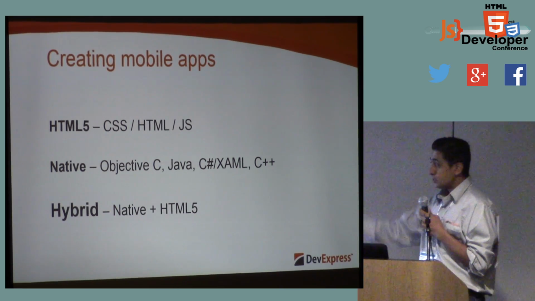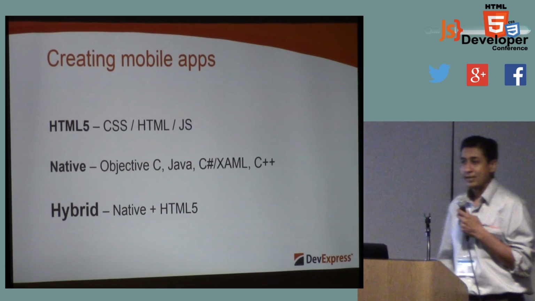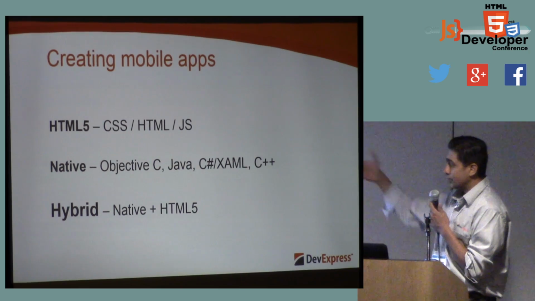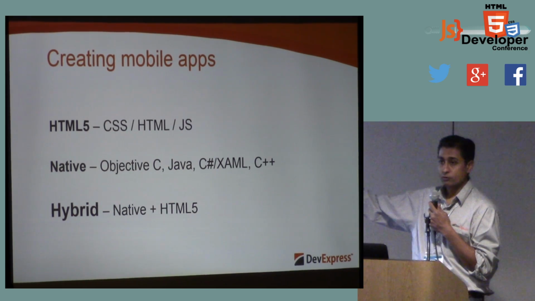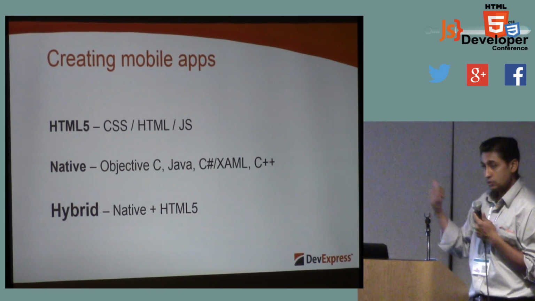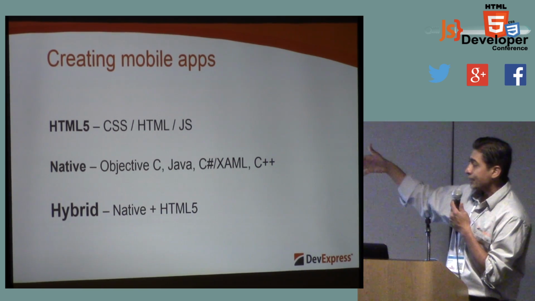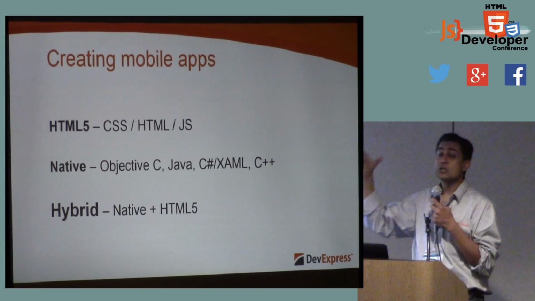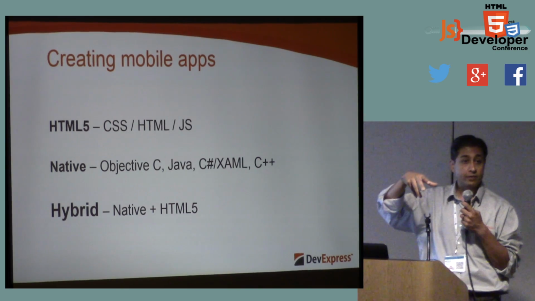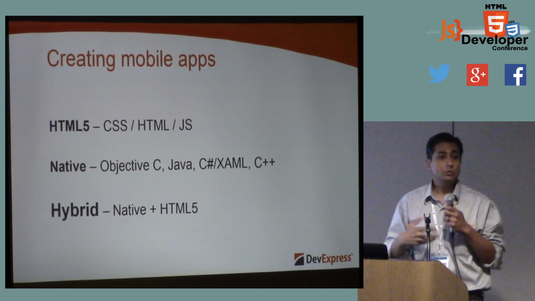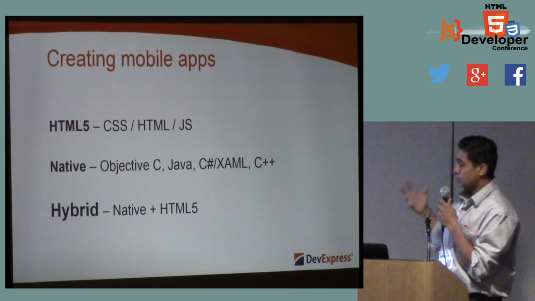So the best of this is hybrid. Now, you've been hearing about this, I'm sure, for a couple years now. Hybrid really is the best of both worlds, where you get to write HTML5, where you're only writing in one language, JavaScript and CSS and HTML, and you also get the benefit of packaging it up as a native app, which means you can deploy to the App Store and get the benefit of making some revenue, sending the updates, and the costs are much cheaper.